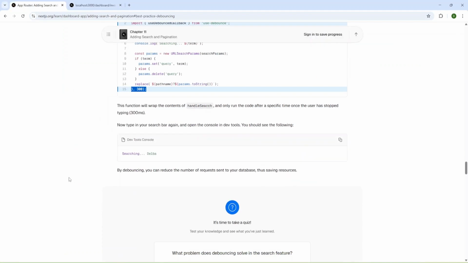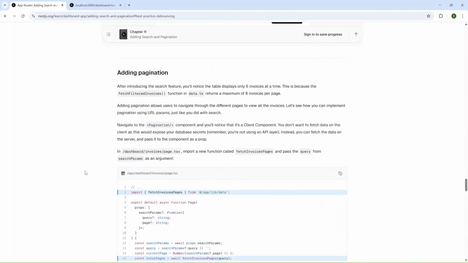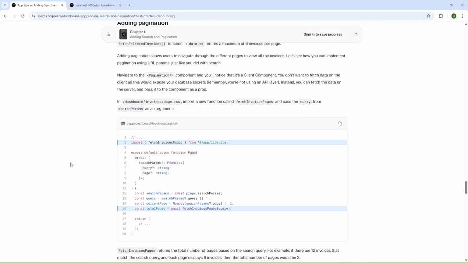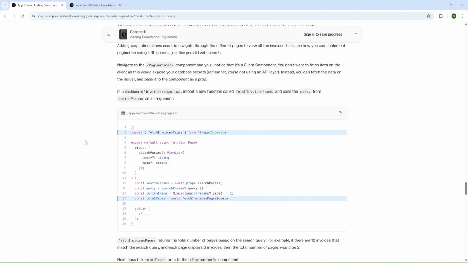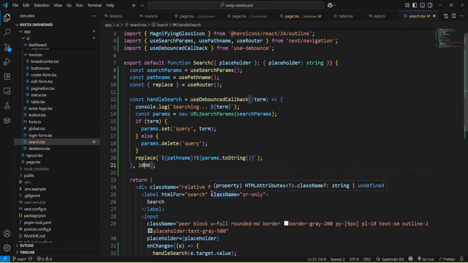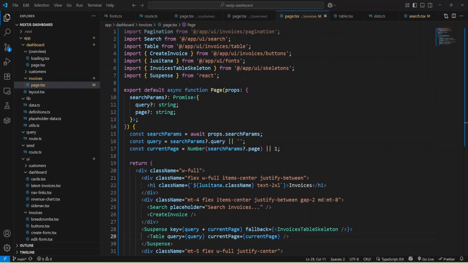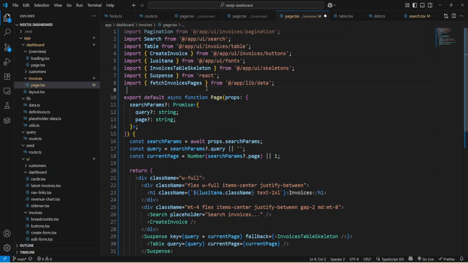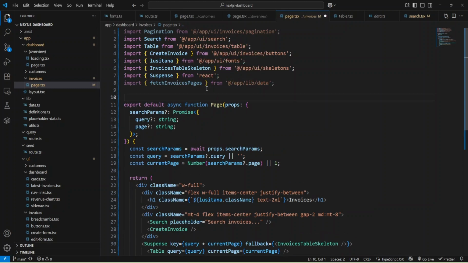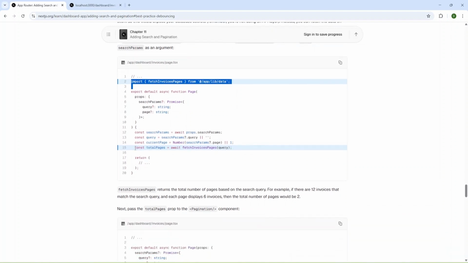And let's go back to the docs and check. Now we can add pagination, and inside page we can fetch invoices. Let me copy it, and I'm going to return the initial timeout here, and inside page I'll provide this code before my export, and inside the function I'll add total pages.